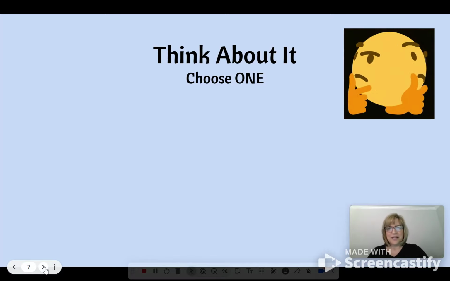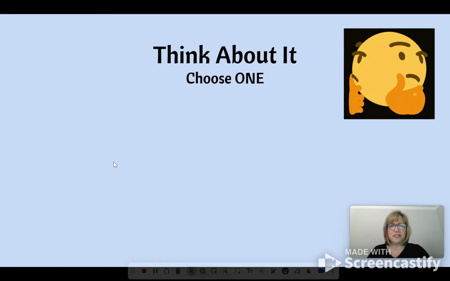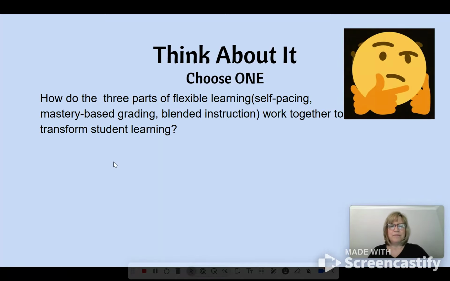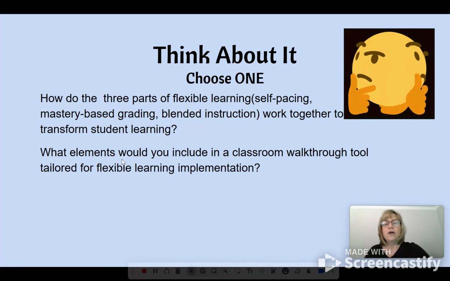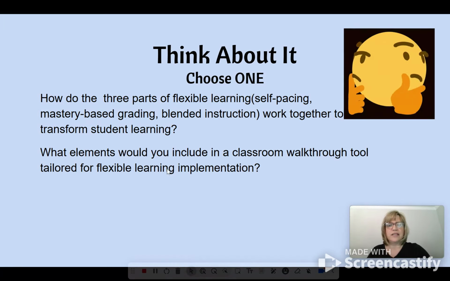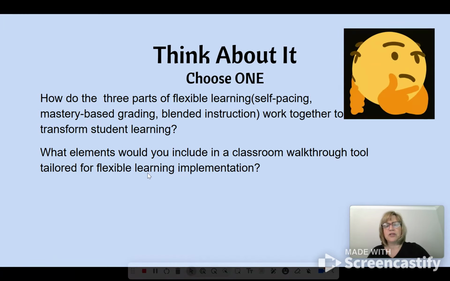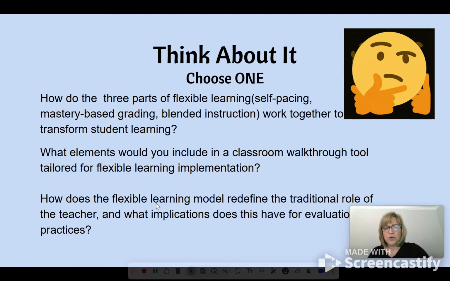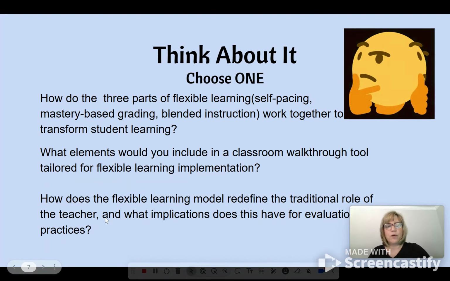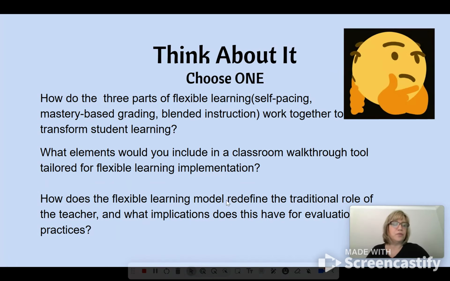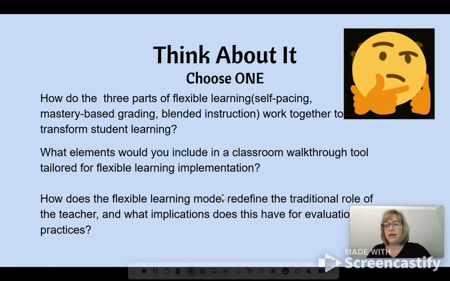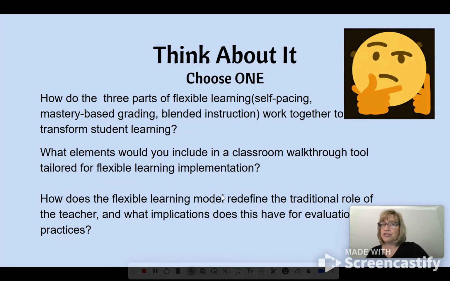Now take all of this, think about it, and choose one of the questions below to answer. Just one. How do the 3 parts of flexible learning work together to transform student learning? Or what elements would you include in a classroom walkthrough tool tailored for flexible learning implementation? Or how does flexible learning model redefine the traditional role of the teacher, and what implications does this have for evaluation practices? So choose one of those, write it in the think about it spot on your guided notes, and as a should do, you could